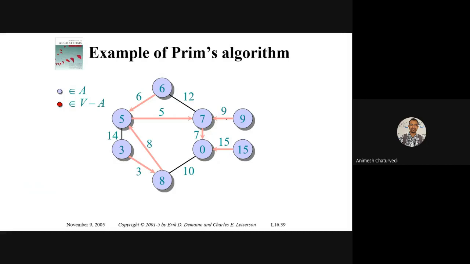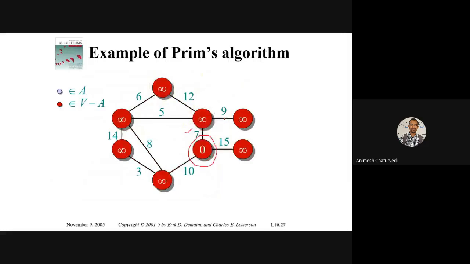Anyhow, if you go to the starting, any spanning tree, whether it's minimum or not, any spanning tree that you draw must contain this part as well as this part, meaning these two edges should be there. Why?